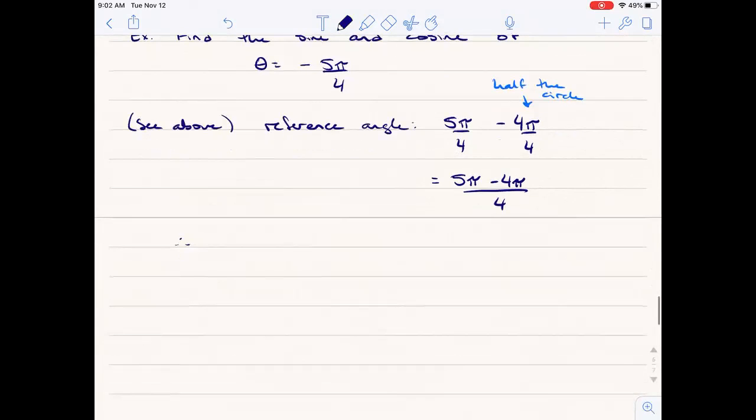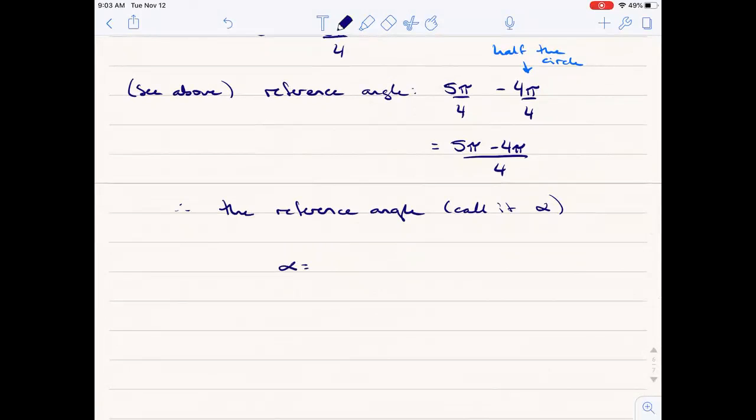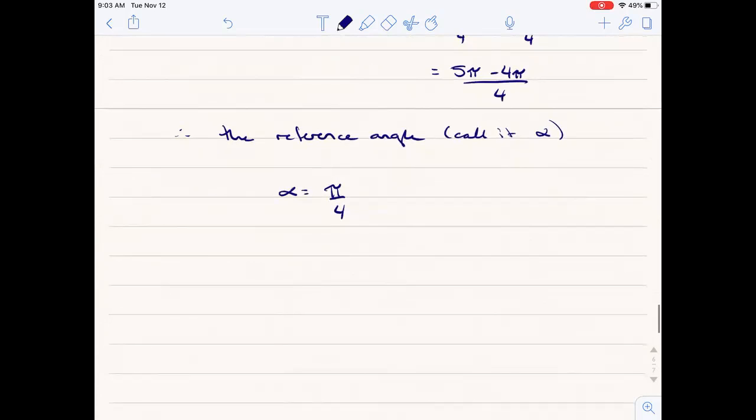So therefore, the reference angle, let's call it alpha. Alpha is 5 pi minus 4 pi, which is just pi over 4, which is what we kind of deduced on the graph. But now we've got a reference angle. If alpha equals pi over 4 is in the first quadrant,